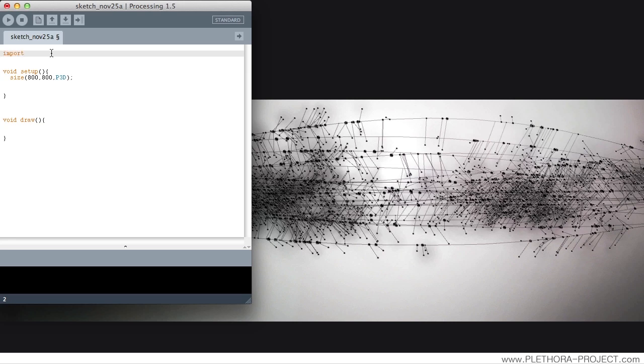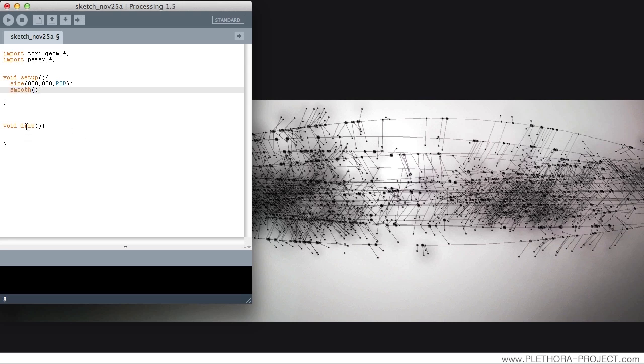And I'm going to work with Toxiclibs for the vector math. And in this case, I'm going to work also with import PeasyCam. Right? So I'm going to just say background, so smooth,